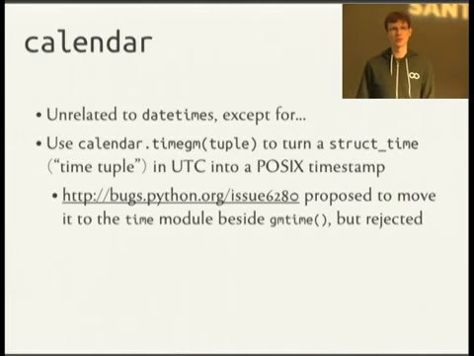I think that was for the 2.7/3.2 time frame, and it was rejected just because it was so much work to deprecate the old one, move it over, have it be bug compatible. And I think that was because it involved moving a Python implementation into a C implementation. That they were like, don't bother. And that's probably fair as long as people who are coming to Python and datetimes can find it.